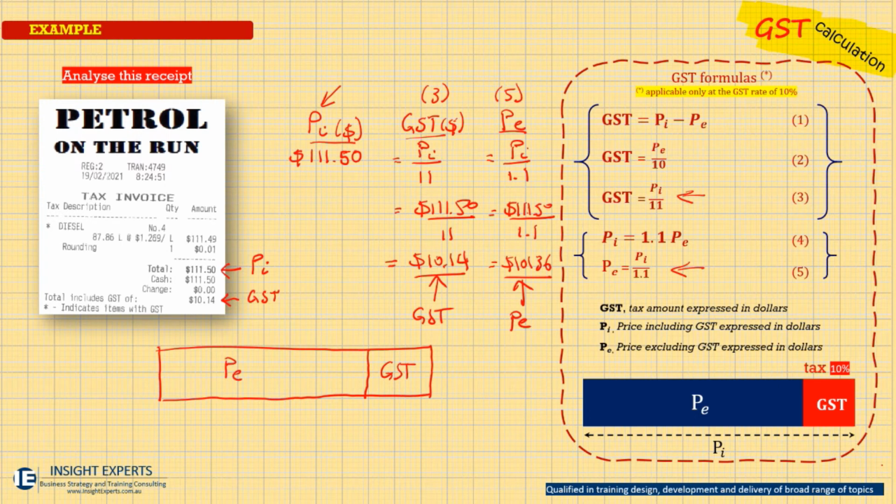And in our calculation, that is equal to $101.36. The GST amount is equal to $10.14. And of course, if you add PE plus GST, the whole amount is equal to the price including GST, and that equals